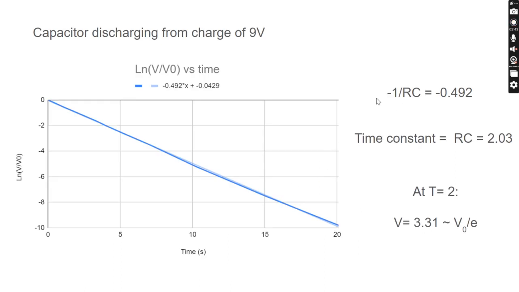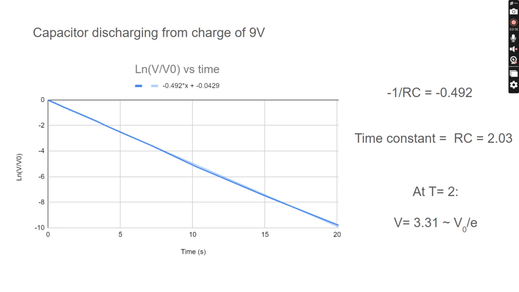In the second part of this lab, we determined the time constant of an RC circuit by measuring how much voltage was running across a resistor over time and plotting that. And we get the slope of the natural log of that graph is 0.492, very close to 0.5. Doing some math on that, we've determined the time constant to be about 2, and this is the time where we would expect the voltage to be 1 over e of what it initially was,